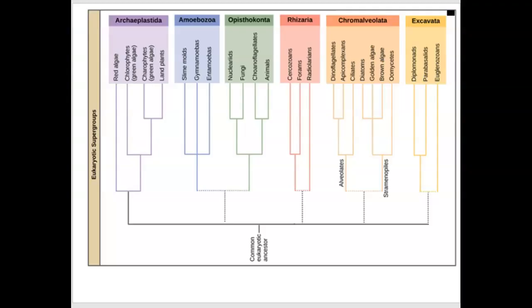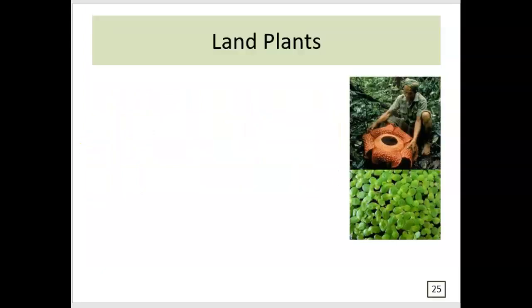Just to remind you, we're talking about plants. We're talking about archaeplastidans, right? Closest relatives of the green algae. We can often refer to these as the land plants. The plants are a group that contains somewhere around 300,000-ish species.